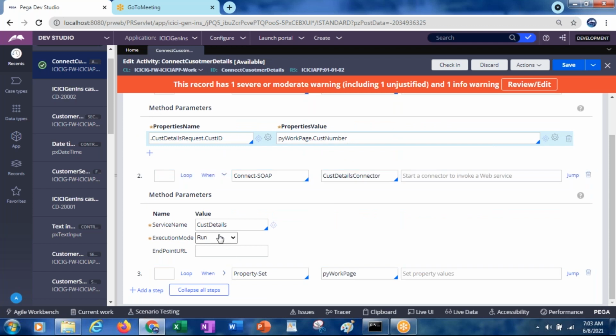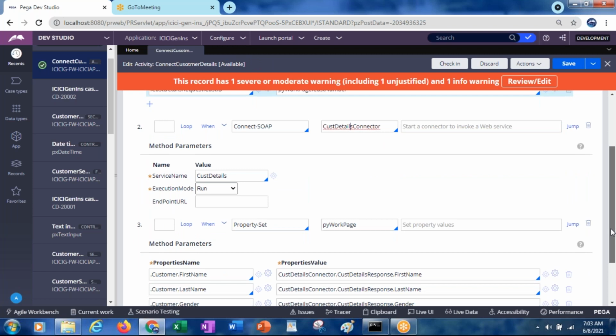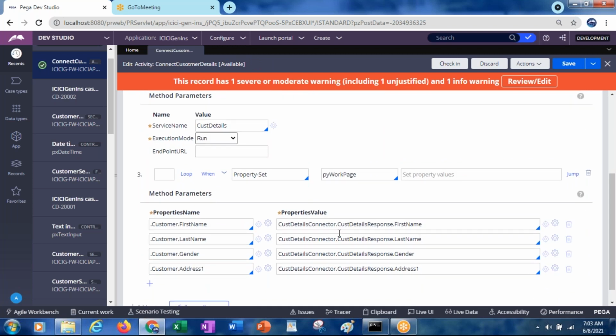So this connect SOAP will, after getting all the customer details based on the customer ID we are passing, store everything under the customer details connector. Those values from the customer details connector we are assigning to the customer.